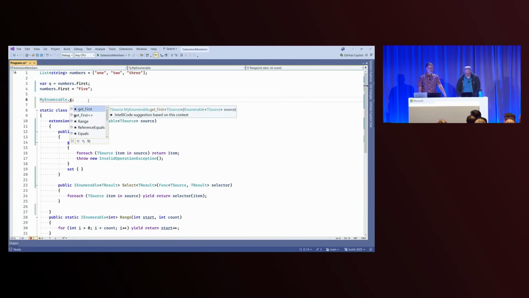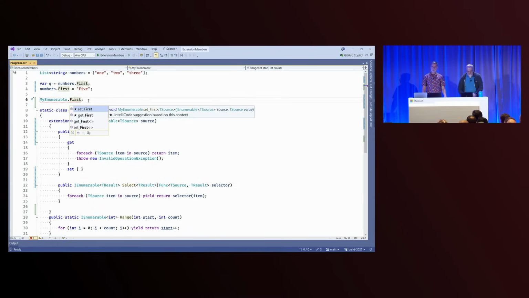It turns out that get_First is here and available to us. What the compiler has done is generate the two methods that actually make up every property that you write, for the accessors. It introduces get_ for the get accessor and a set_ method for the set accessor. These are things that we don't let you write today because we reserve them for properties. It's an error if you try to write one of these yourself, say get_something or set_something, because we reserve that space for properties. You still can't declare them, but we allow you to call them to disambiguate.